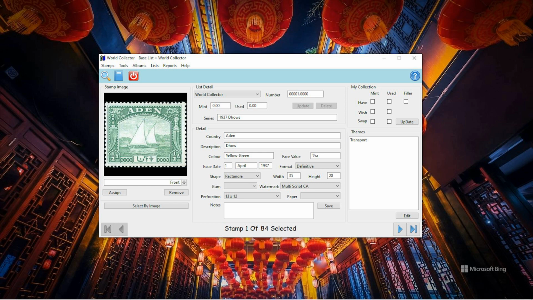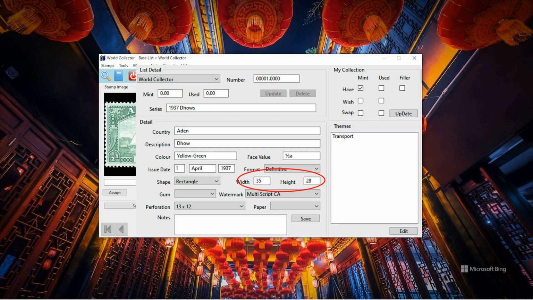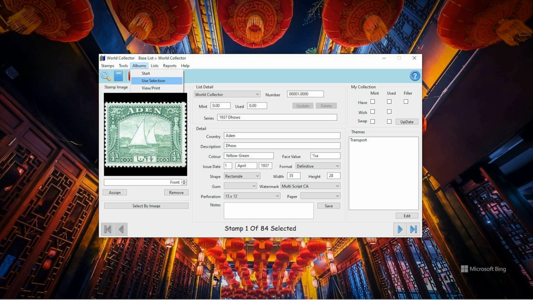That is the name of the catalog of stamps where this data comes from. You get the usual data: color, denomination, issue date, etc. But a very nice inclusion is the dimensions of the stamp. This alone makes the database of really tremendous value to album makers who no longer have to measure each one of their stamps first. What makes this database relevant to this video is that it will also create albums, and